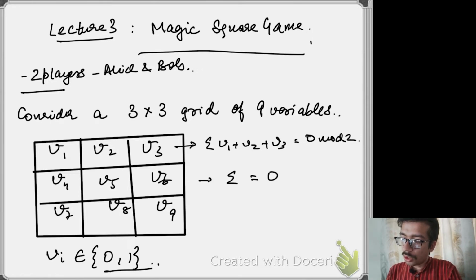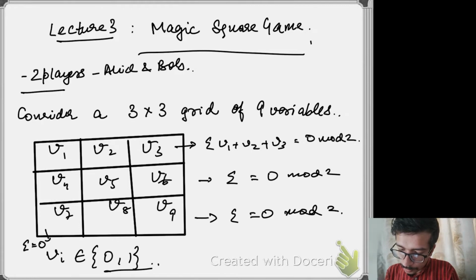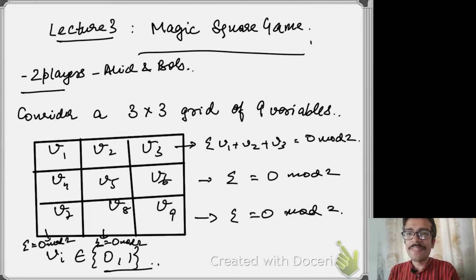Similarly, the second row should also sum to 0 modulo 2. The third row should also sum to 0 modulo 2. Then the first column sums to 0 modulo 2 again. The second column sums to 0 modulo 2. And now here's something different. The third column sums to